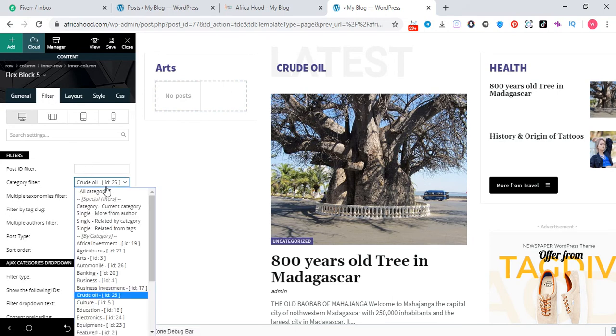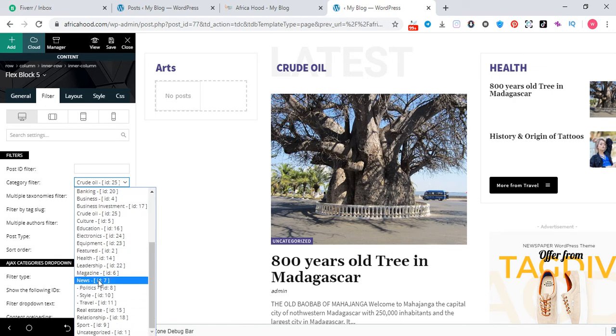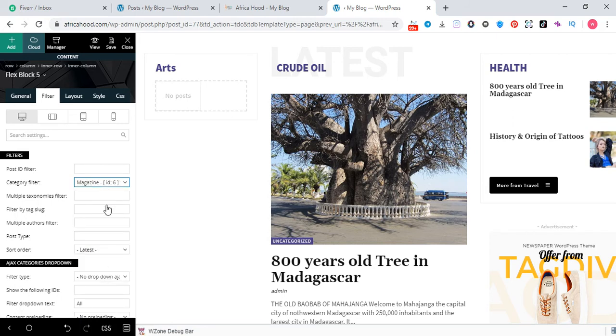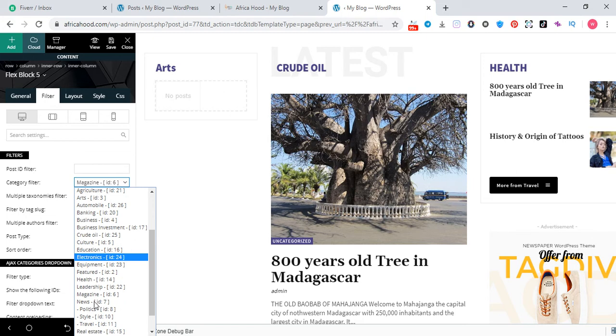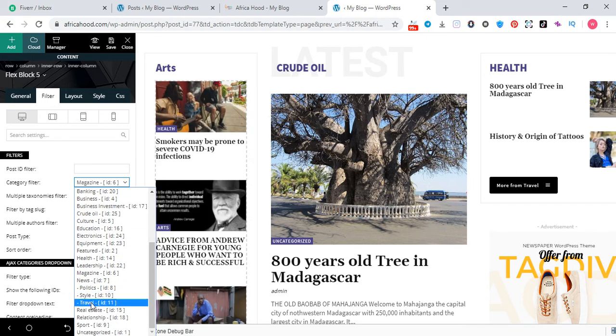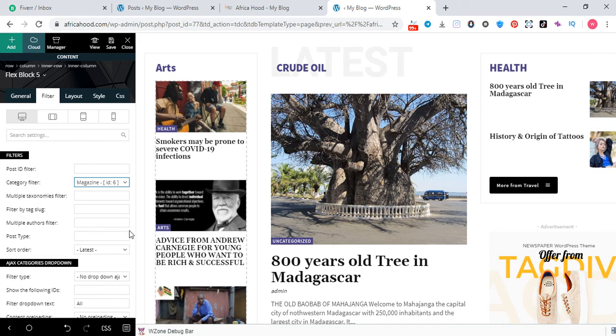So crude oil to some magazine, okay, I'm just going to add magazine.